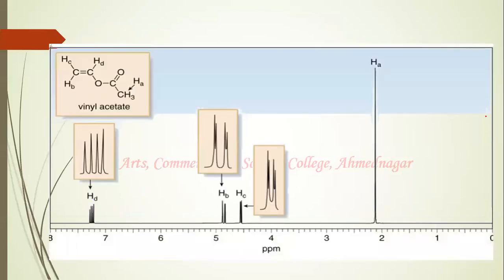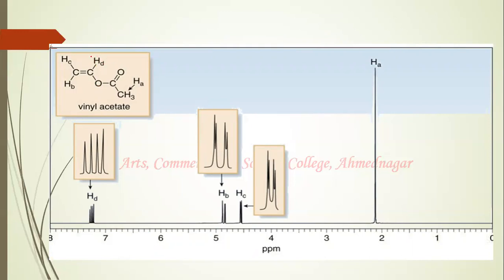This is one more example. In this case, a vinyl acetate molecule is there. See, now you have different protons, this methyl group, forget about the methyl group, and these names are not the spin system names, it is just labeling. But if you see, one of the protons, the d proton, is more de-shielded because look at this carbon atom, it is attached to oxygen. Due to the oxygen, the chemical shift value is very high.